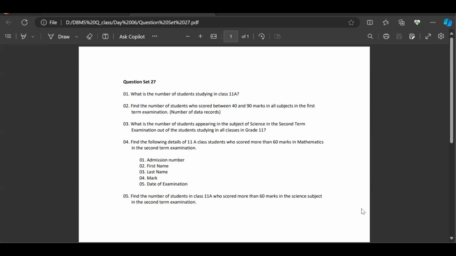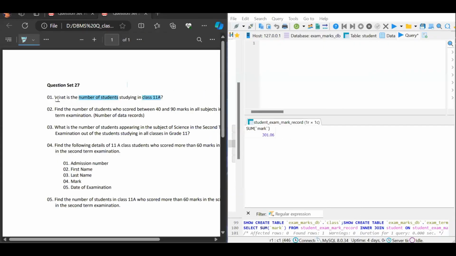So then let's move to HeidiSQL software. In the first question, they're asking what is the number of students studying in class 11A. So then let's start the select query. Select. Here we use the special keyword called count, as we have to find the number of students. So we're going to count the number of students from their index number,